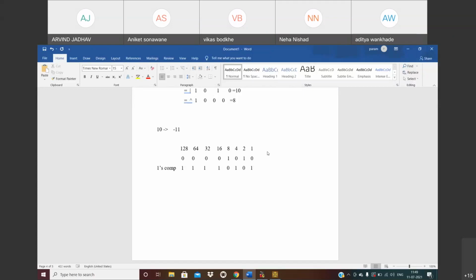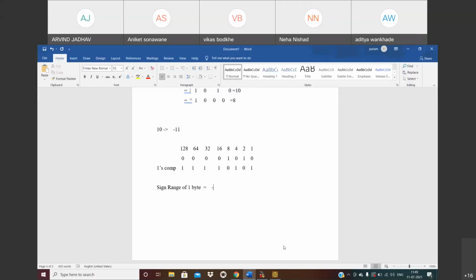Okay, once we get the ones complement, we need to perform the addition. अब रेस्ट ऑफ जितने भी बीट है उन सब की एडिशन परफॉर्म किए तो हमें -11 मिलेगा. ओके, वो कैसे? So first of all we need to understand the range. We already discussed that: the signed range of 1 byte.